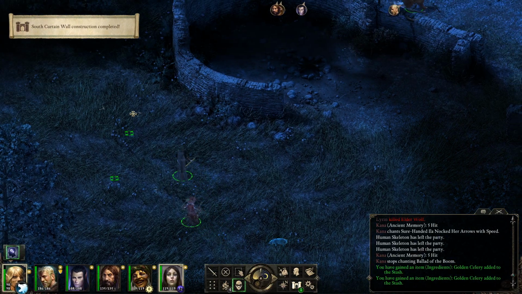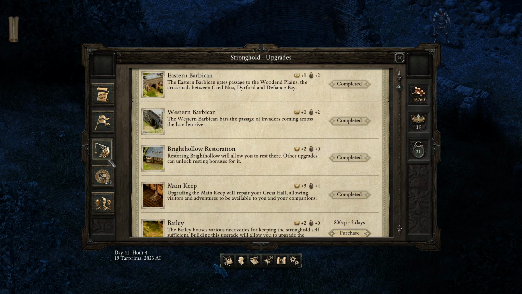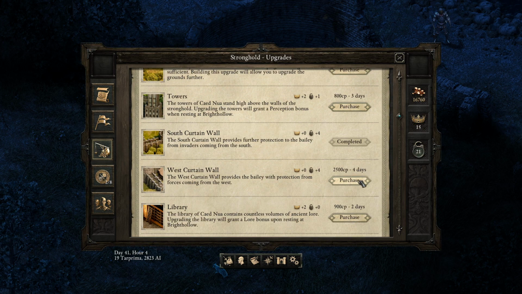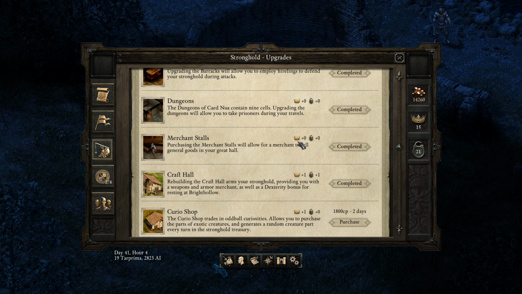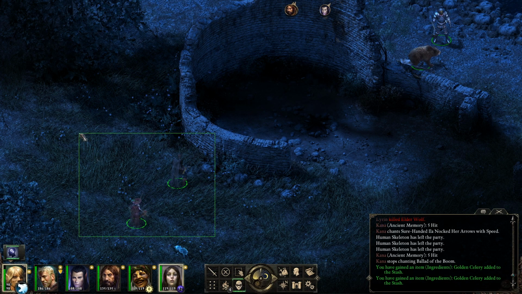The South Curtain Wall construction has been completed. Right. What do we want to build now? We could build a bailey. We could build the tower. The West Curtain Wall. You know what? We have the coin. Let's build the West Curtain Wall. Provides the bailey with protection from forces coming from the west. Just slowly building all of the things that